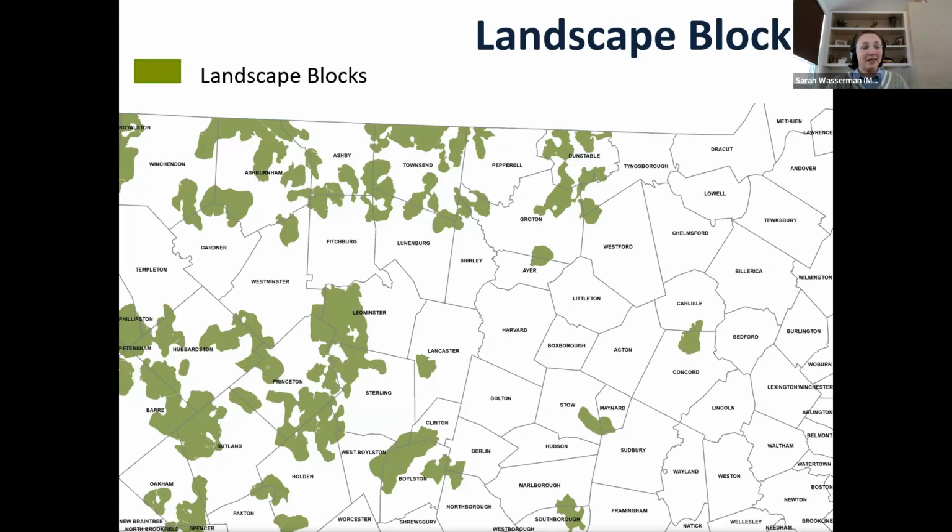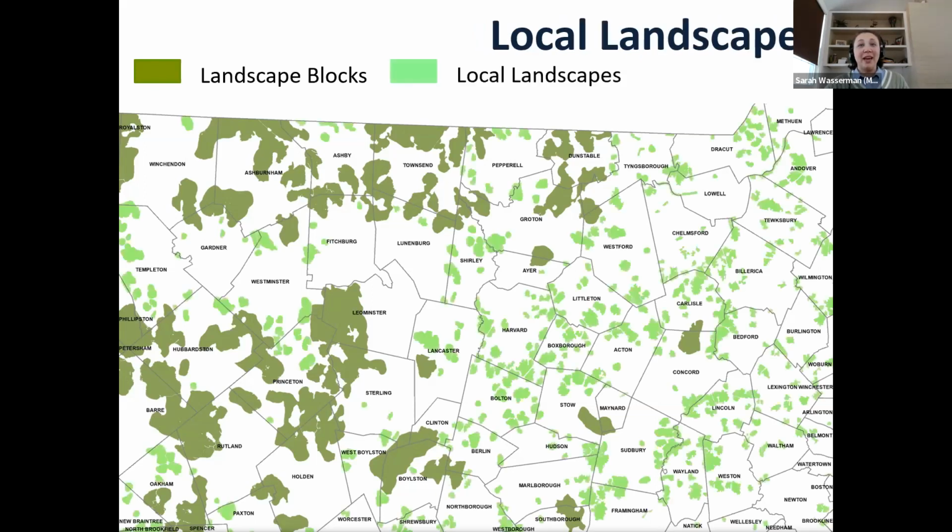Landscape blocks, as we can see from this map, are more abundant in some parts of the state than others, and many towns don't have any. So we added a local version of landscape blocks called local landscapes, which we can now see in light green. And these are the most intact natural landscapes in each city and town. These local components make BioMap relevant and applicable for many more communities.